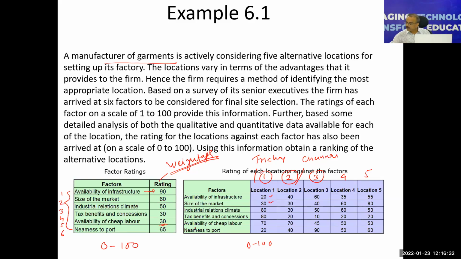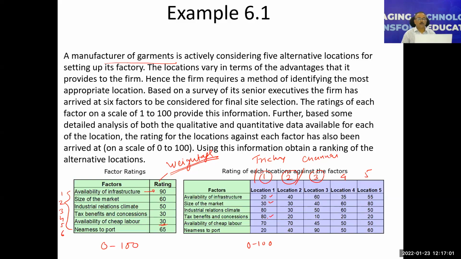As far as the tax benefit is concerned, let's say you will get a good tax benefit, so maybe you will give a rating of 80. So based on the relative importance or relative advantage that you may get between all these locations, you have to give a rating to all these factors. Okay, so you have given a rating to all these factors for each of these locations, and then